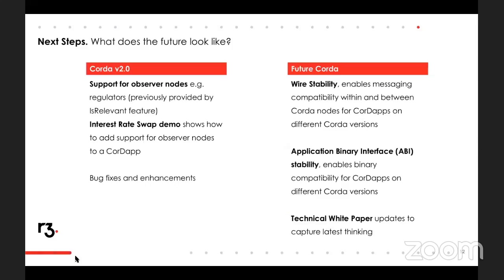So we've taken inspiration from the Android API and some other platforms, and taken the view that if we add a meaningful API, so obviously we're not breaking APIs, but adding new APIs, where we add a meaningful one, we'll bump the version number. What you'll actually see is that dot releases will be bug fixes that are backwards compatible but add no new features, and integer increments when we've added new APIs. As the support for observer nodes, when that comes out in a few weeks, adds a new API, we bump the version.